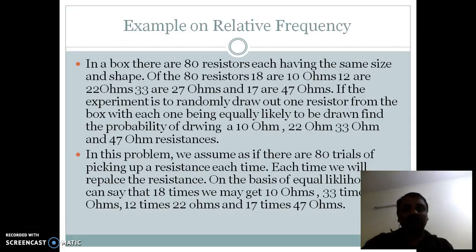In a box, there are 80 resistors, each having the same size and shape. Of the 80 resistors, 18 are 10 ohms, 12 are 22 ohms, 33 are 27 ohms and 17 are 47 ohms. If the experiment is to randomly draw out one resistor from the box with each one having equal likelihood to be drawn,